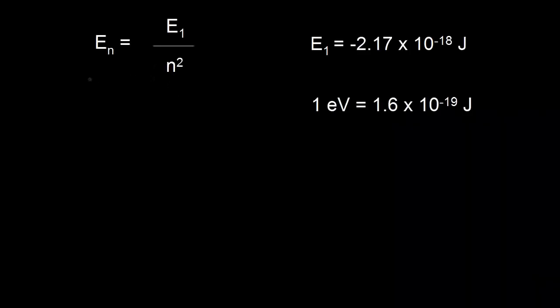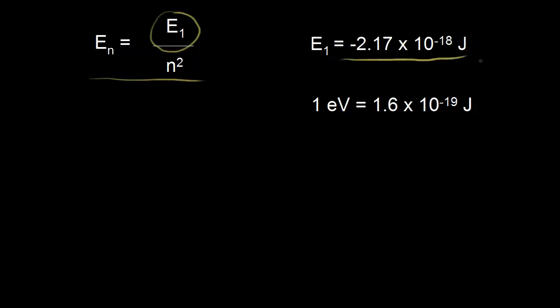So in the last video, I showed you how to get this equation using a lot of physics. And so it's actually not necessary to watch the previous video. You can just start with this video if you want. And E1, we said, was the energy associated with an electron in the lowest energy level of hydrogen. And we're using the Bohr model. And we calculated the value for that energy to be equal to negative 2.17 times 10 to the negative 18